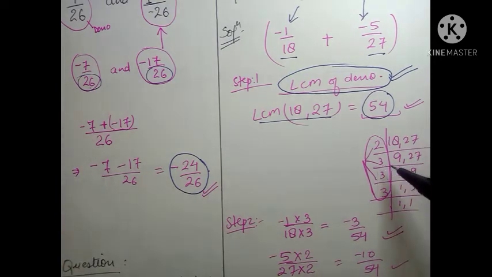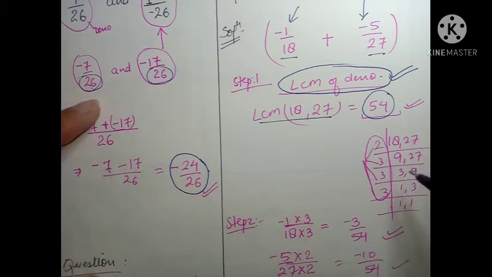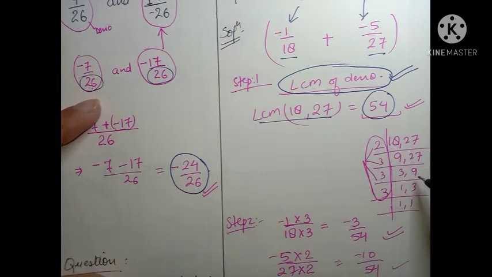Now 3 is the number which carries 9 and 27 in its table. So 3 3s are 9 and 3 9s are 27. And further we continued the same process in the table of 3. So 3 1s are 3 and 3 3s are 9. And again 3 1s are 3. So that was a quick review of how you do LCM.